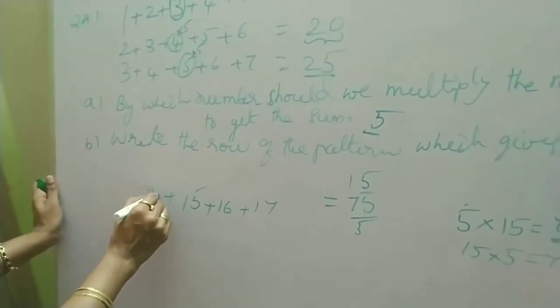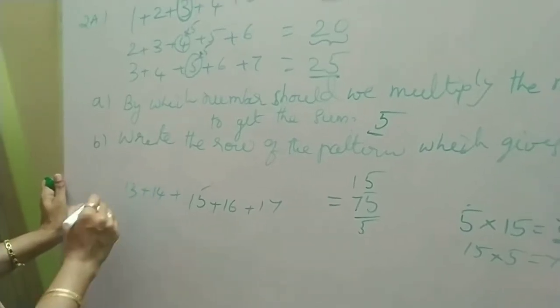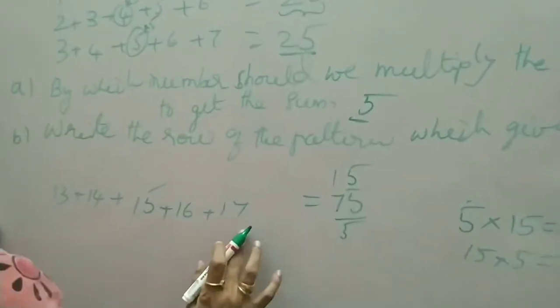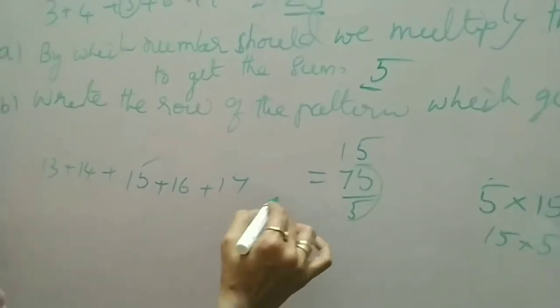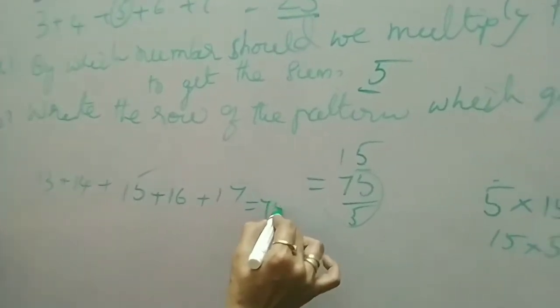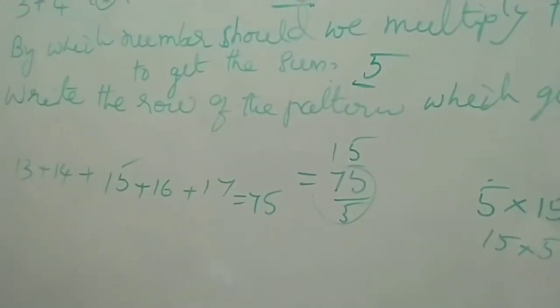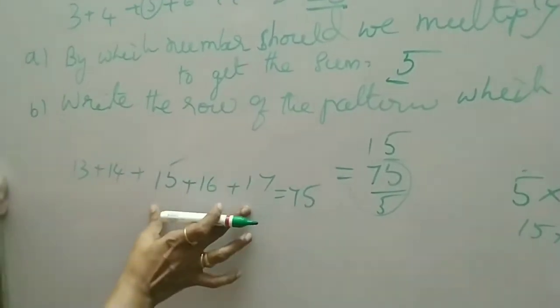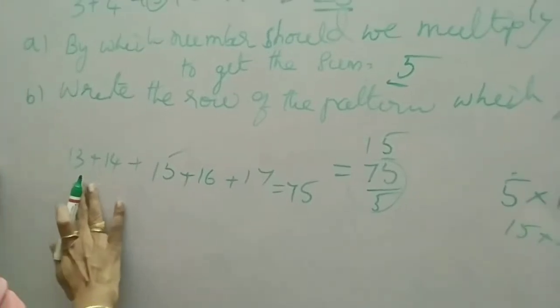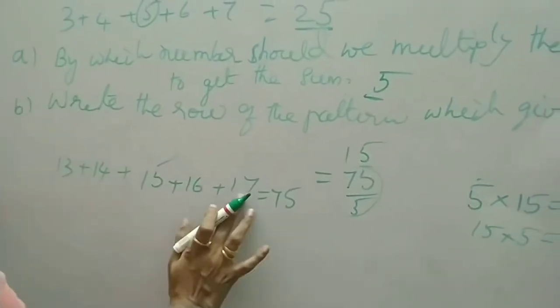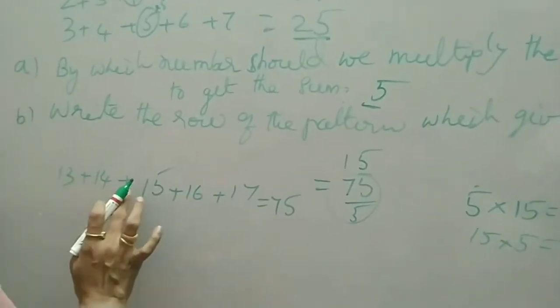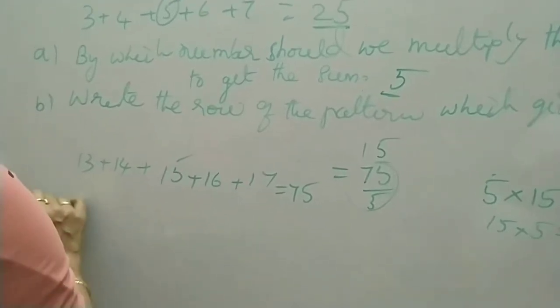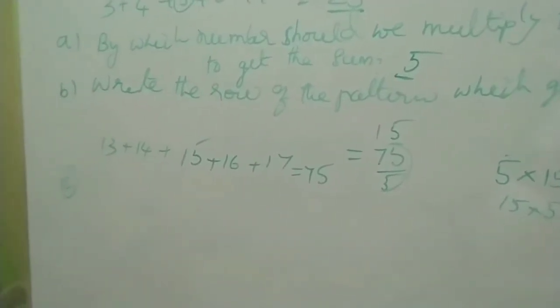15 before you get 14. Before 30. So your pattern is this one for this 75. So you get here 75. So for the sum, the pattern is the sum 75. The numbers we have to add are 13 to 17: 13 plus 14 plus 15 plus 16 plus 17. Okay. See the next one.